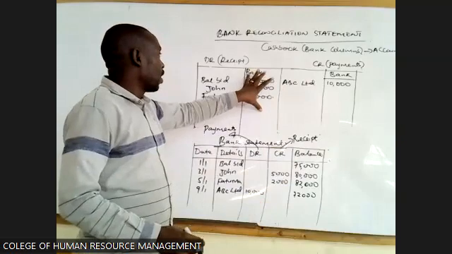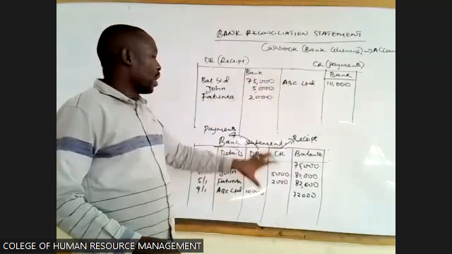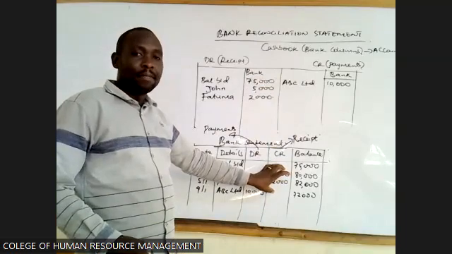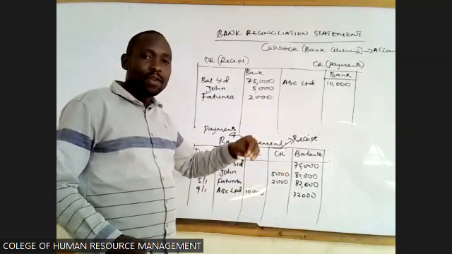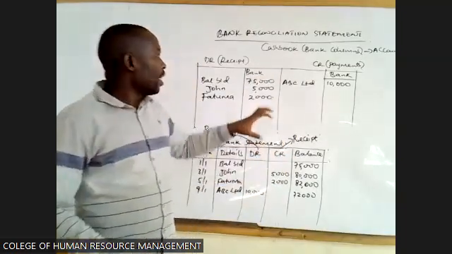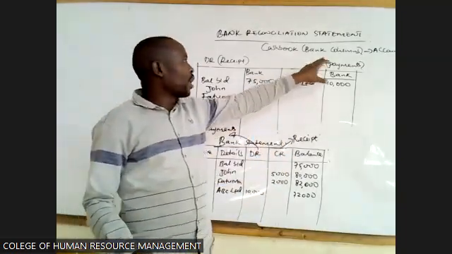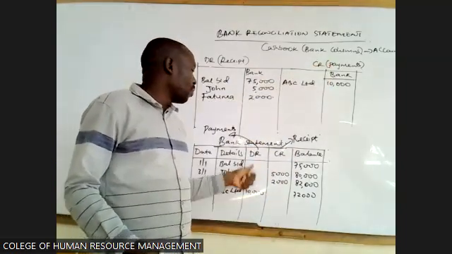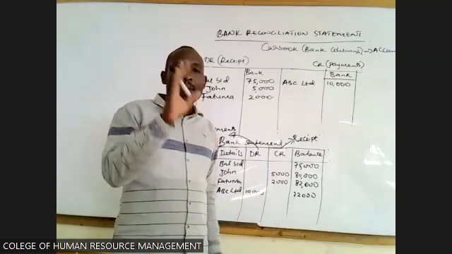When you receive it, you debit it here. But when you take that check to the bank, it is going to be credited. Money that is received in your account is normally credited, but in the cash book, we debit. Anything that we pay in the cash book, we record it from the credit side, but on the bank statement it is going to be debited. So from the onset,